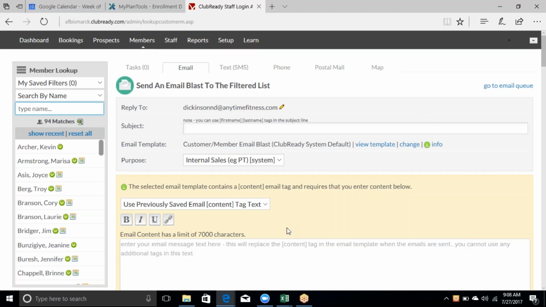Hey guys, it's Shannon. I am going to talk to you quickly about adding a PIN code for the kiosk for clients to check in so that their sessions get logged and the trainers get paid. So I'm going to show you that, and then I'm also going to show you a quick way on how